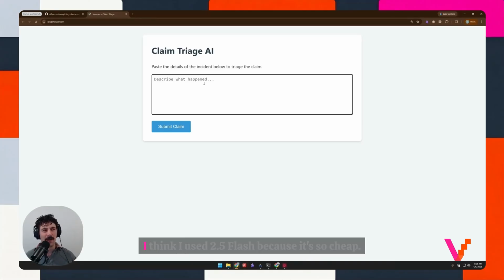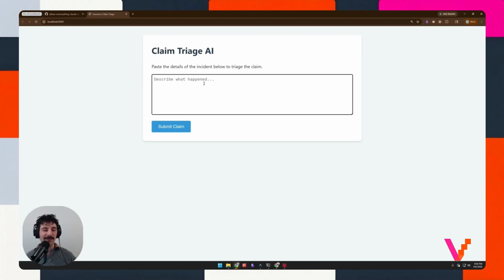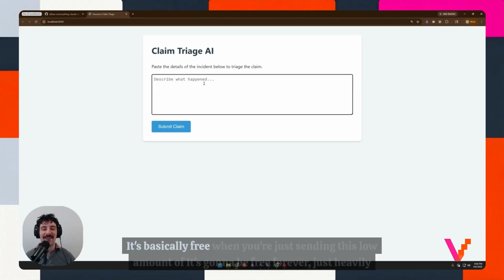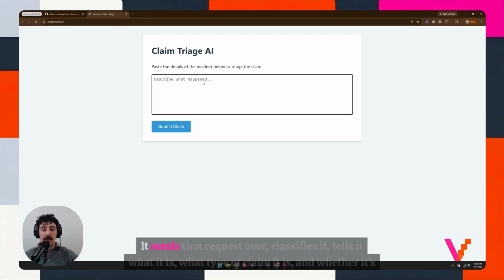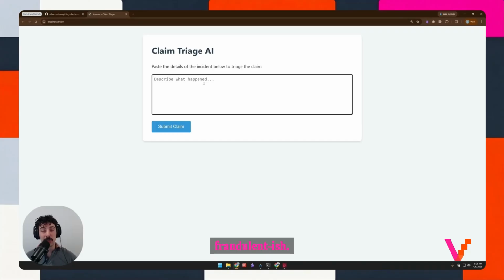I think I used 2.5 Flash because it's so cheap. It's basically free when you're just sending this low amount of data. It's not going to be free forever, just heavily subsidized at the moment. It sends that request over, classifies it, tells it what it is, what type of claim it is, and whether it's fraudulent-ish,